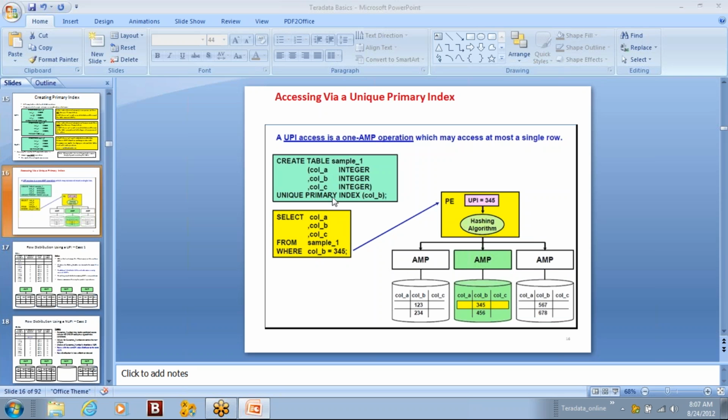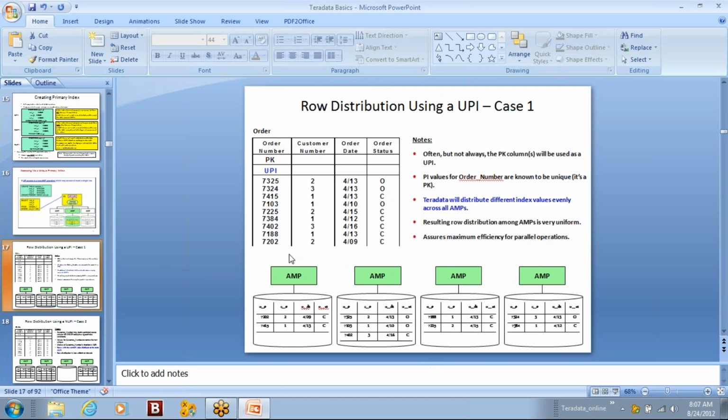Okay, you create a primary index and use the primary index in the select clause, so it would give you a 1 amp operation, which is the best way of retrieving the data, the primary way of retrieving the data. Okay. And we have seen some scenarios of how the data distribution happens if I choose a unique primary index. If all the values are unique, the unique distribution happens, because the hash algorithm generates a unique hash value, and in round robin fashion it will select one of the amps to store that particular row. So the unique distribution is possible when we select a unique column as the primary index.